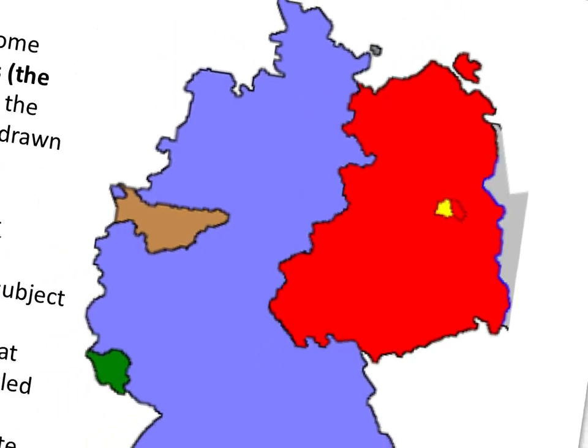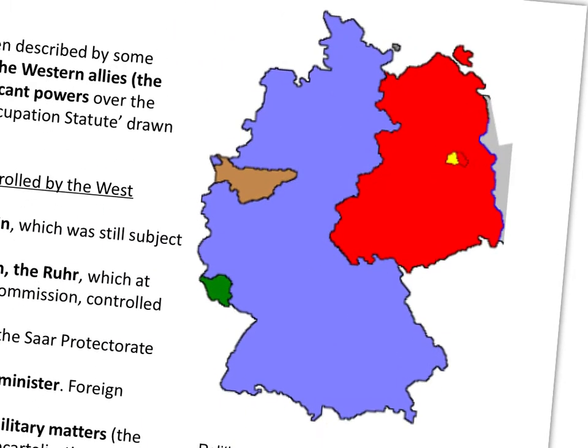That region there that we're looking at is the whole of Berlin, but the western part of Berlin was not technically part of West Germany. We looked at that yesterday. The people who lived in West Berlin were still subject to the occupation statute, which was the arrangement made by the Allies at the Potsdam Treaty in 1945. So they were basically subject to a different set of rules.